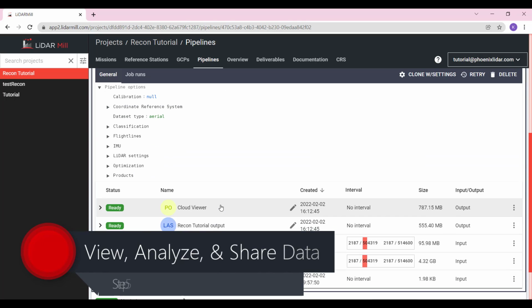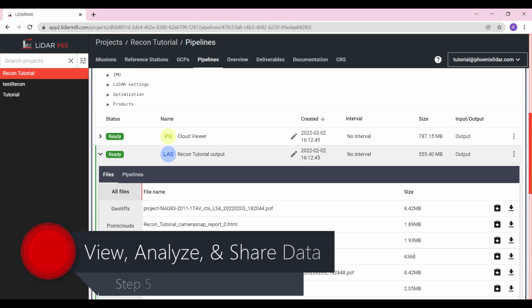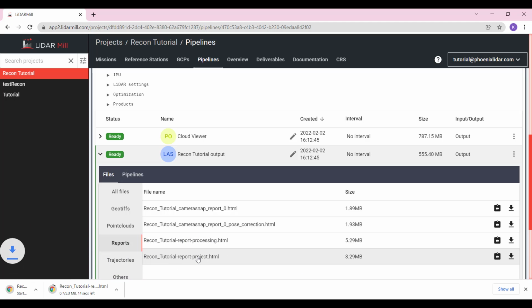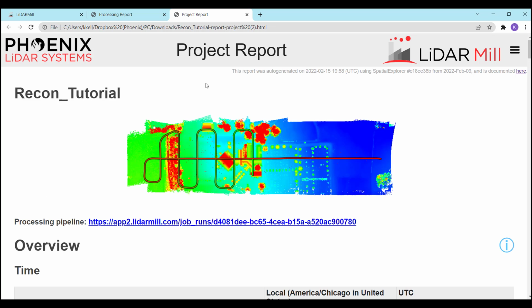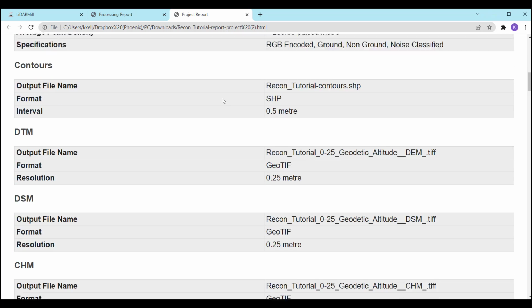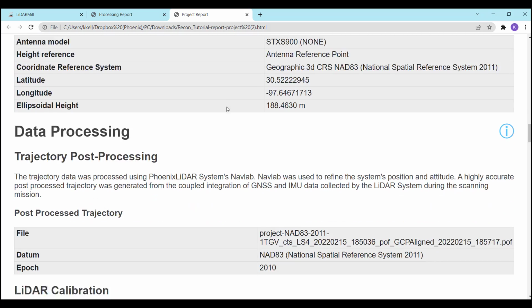The final step is to view, analyze, and share your processed data. LiDARMill allows you to quickly ensure your data meets required accuracy specs through robust automated report generation. A processing report for data processors and a project report for end users is automatically generated with each Spatial Fuser pipeline. End users can quickly and easily review detailed project information, including acquisition and processing dates, coordinate reference system information,